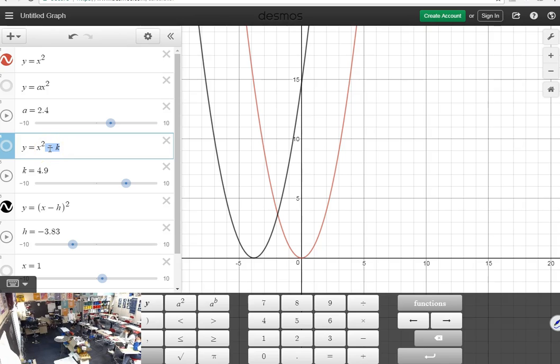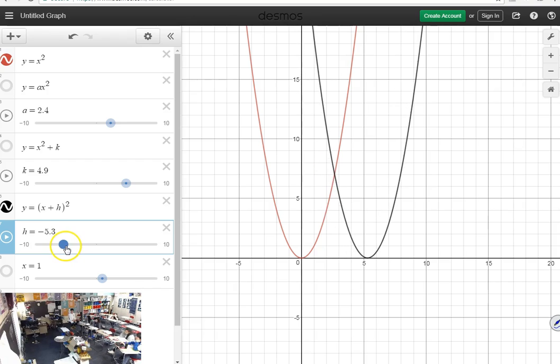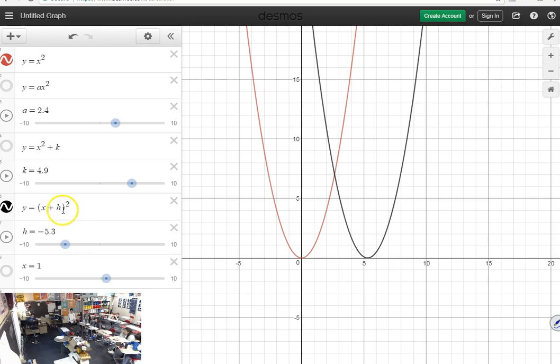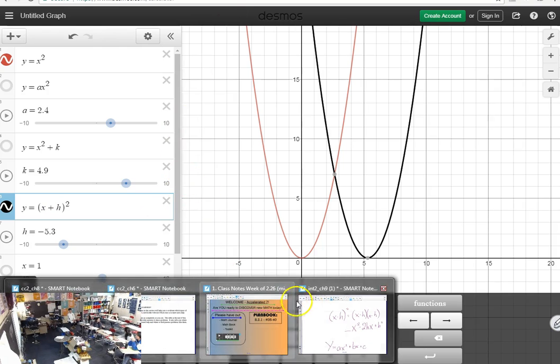Vertical does what you think it will do. Whatever k is, it does that. But here, we use the opposite of h. Or, and again, it's your option, if you set this up as x plus h, then it does the opposite, right? We have a negative h, it went right. You would normally think a negative would go left. That's why we compensate for that right here. I'm not expecting us to totally get all this right now. We're just making some rules. So let's articulate on our notes page, make sure that we all have the same stuff.